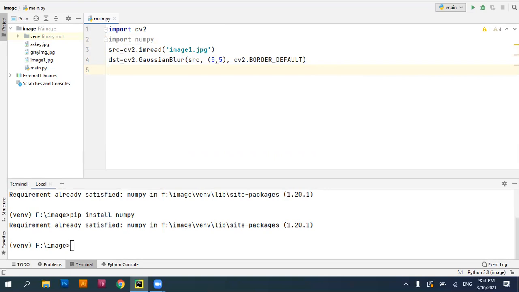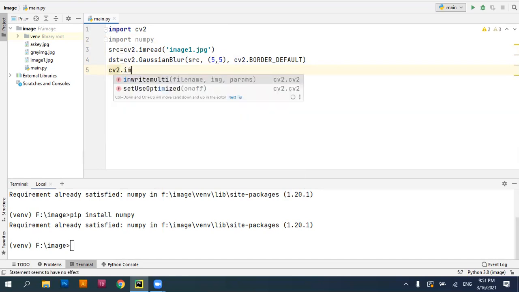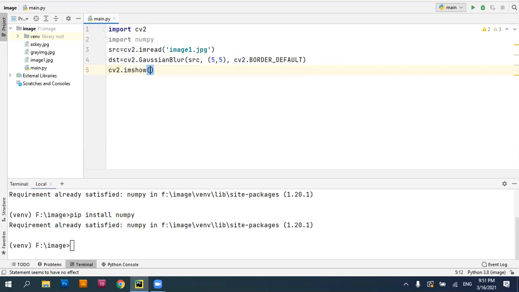We know how to display an image in a window. We have cv2.imshow, an inbuilt function, where I have to specify the window name, and I'm going to specify the window name as blur effect. So I have applied a Gaussian blur effect here. Then to display both the source image and the destination or blur image in one single window, here your NumPy package comes into the picture.